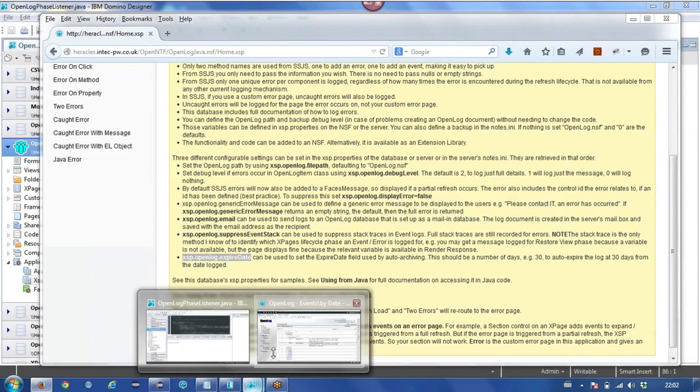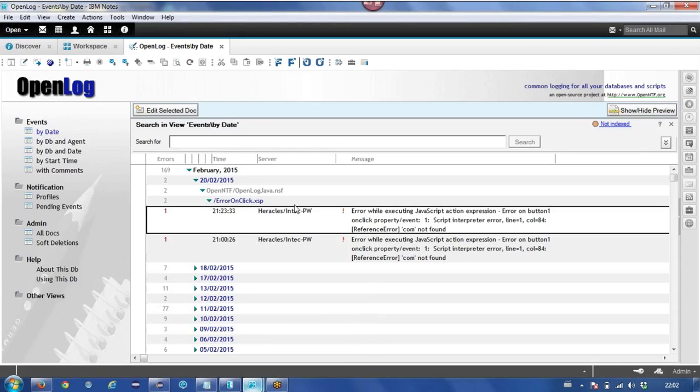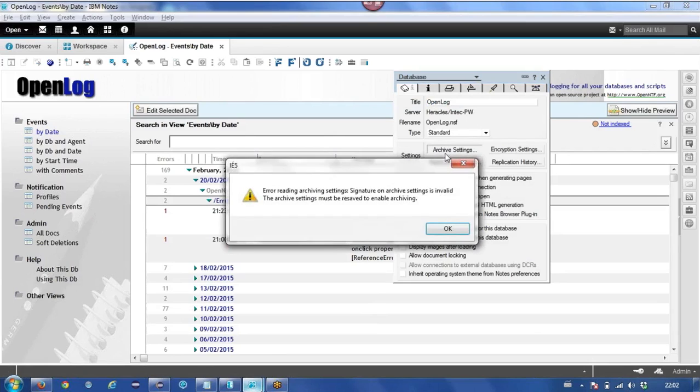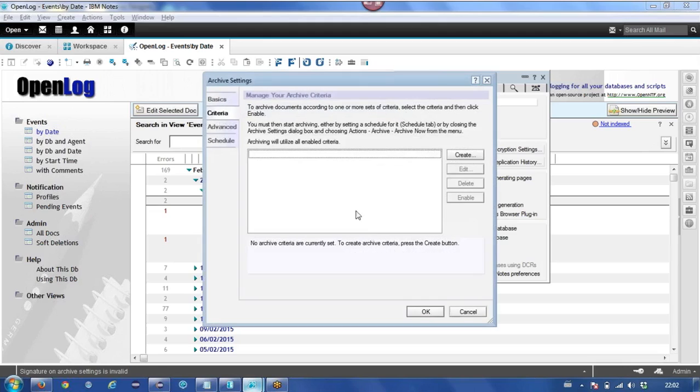So that means that in the application properties, in the archive settings, ooh, that's an interesting one. I've never seen this. I've never clicked on that button. Neither had I, until I was asked about it and asked for that feature and did some digging.